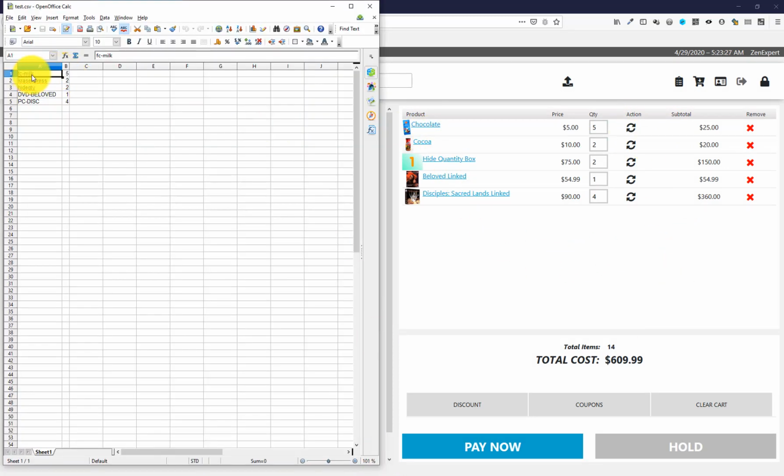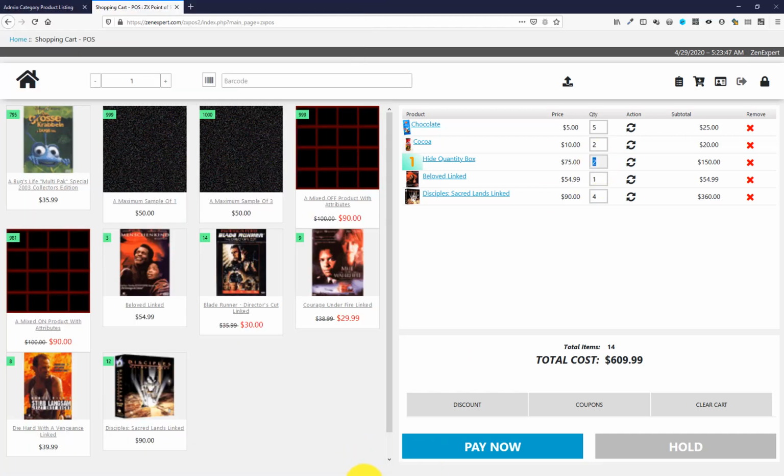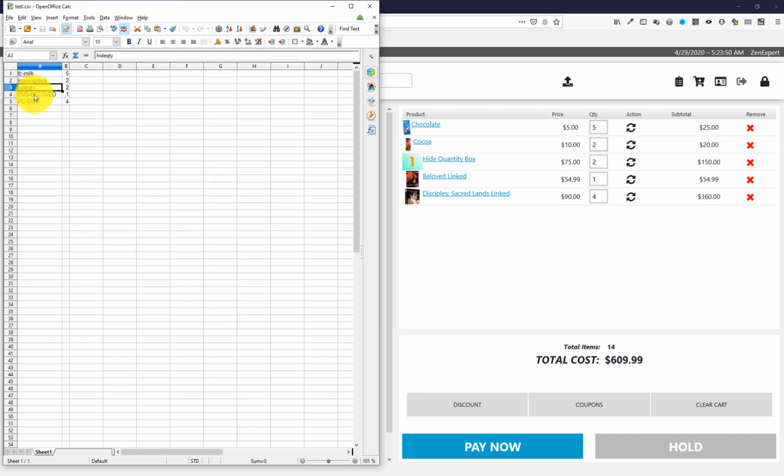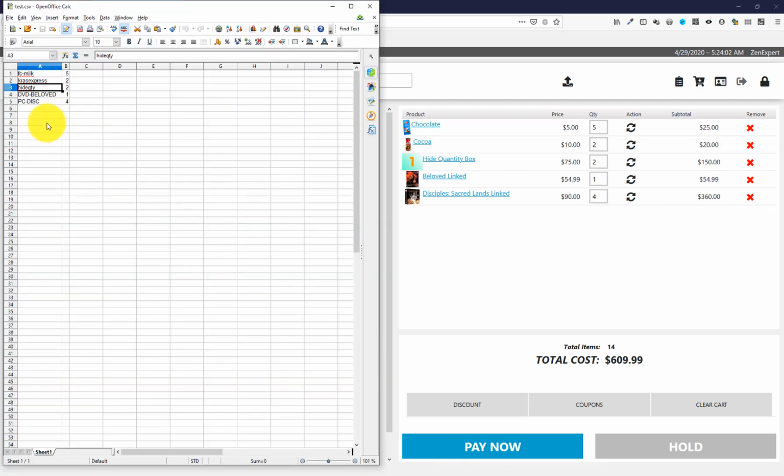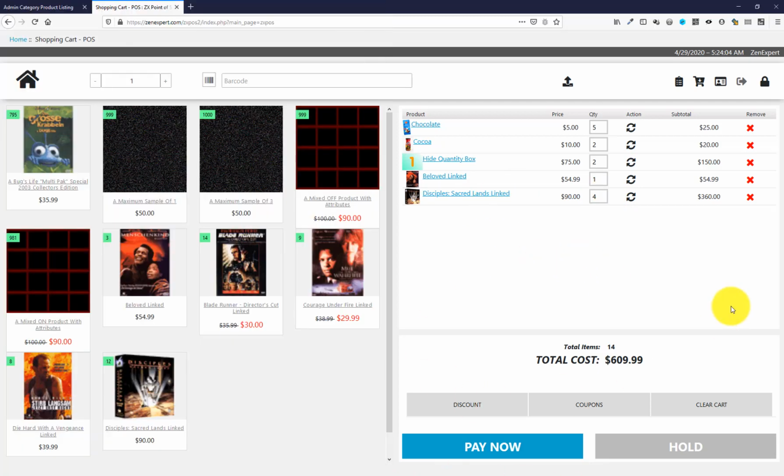Let's see what we have. We have this chocolate, that's FC milk, 5. Cocoa, 2. Height quantity, 2. DVD beloved, there it is, and PC disk, decibels quantity, 4. Okay,